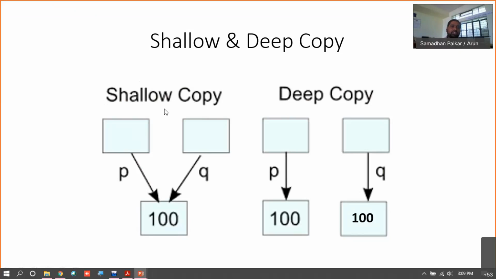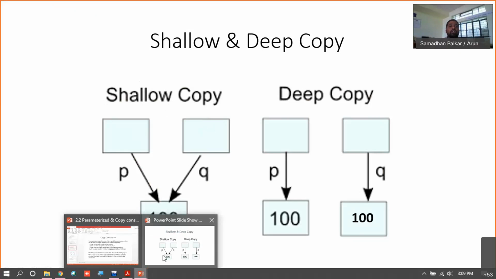In that case Q is referred to as a dangling pointer, wherein it has a pointer value but doesn't point to any valid memory location, since the data is not present inside memory, and this is simply called a dangling pointer.